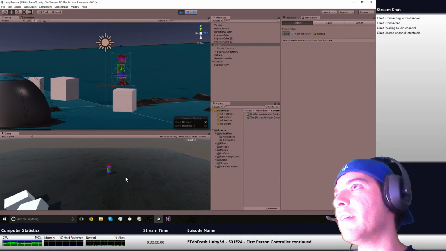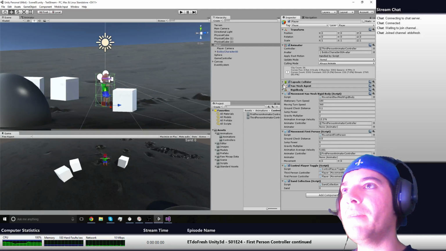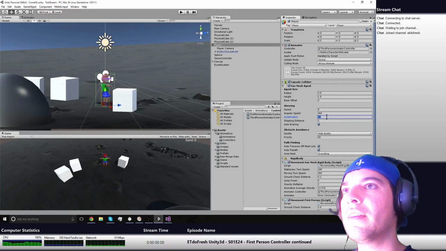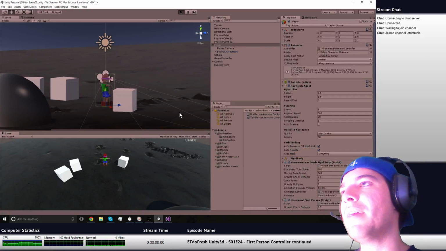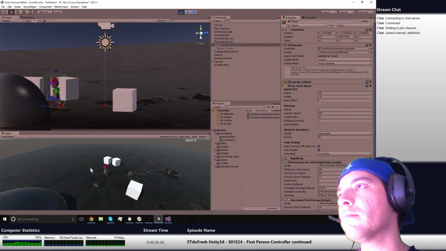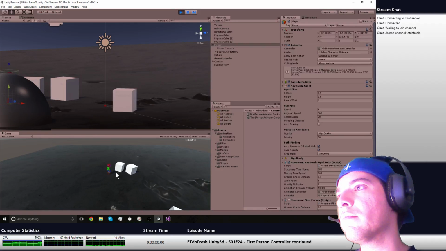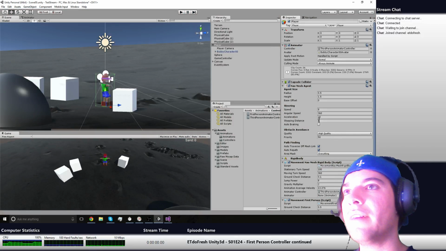Maybe something on these arrows will tell me something. Oh, I think I know what it is. The inspector, the nav mesh agent. Maybe this... no, that stuff should be fine. Stopping distance is 1. What's this auto braking? What if I stop that? Yeah, definitely the auto braking. So,